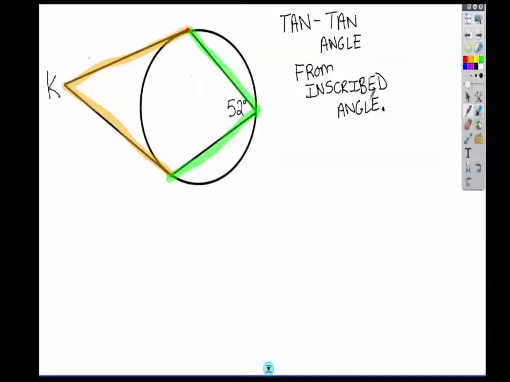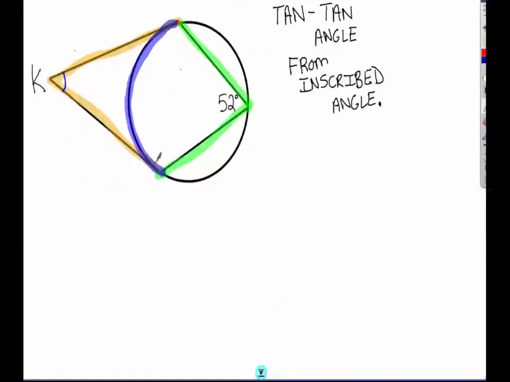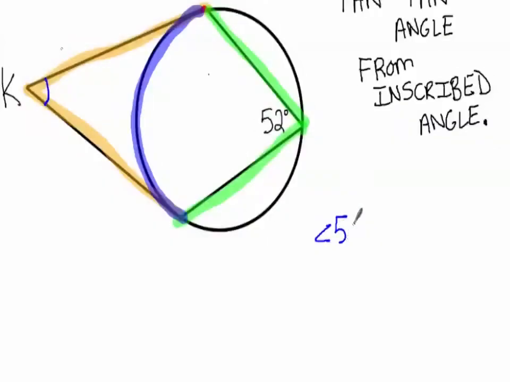The first one is that we need to find this chord right here. This chord, from one end of the tangent to the other end of the tangent, we need to figure out the length of that before we can figure out what this angle is right here, this angle K. So before we can figure out the angle K, we have to figure out what this chord is right here. And the way you figure out the chord is the 52 degrees,